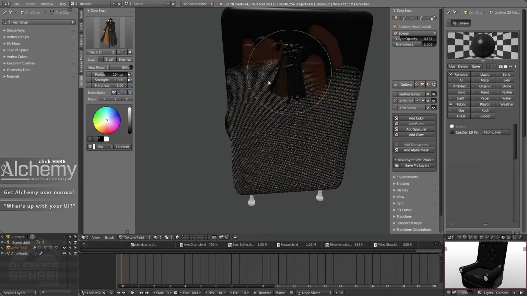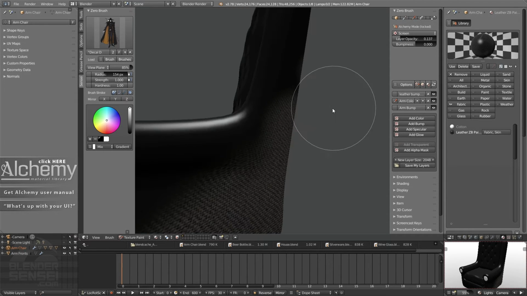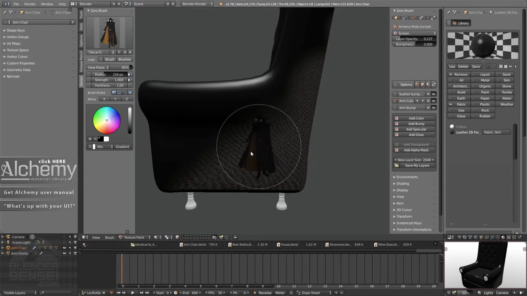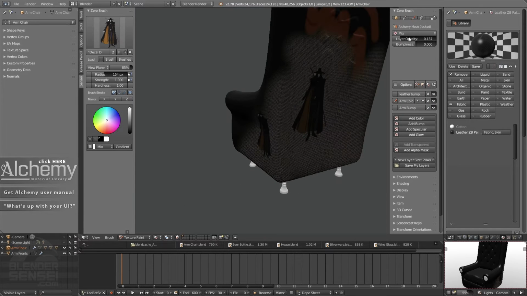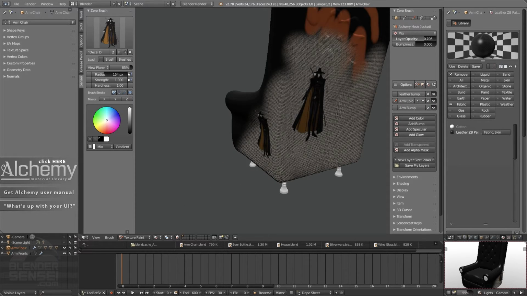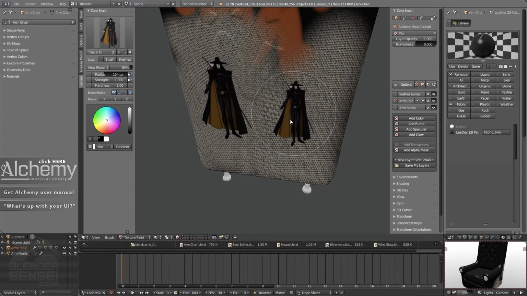So I can just place D wherever, which is looking a little nuts because the bump value is so high. Let's turn that down to 0. And put D on the side. And this is set to screen, so it's really dark too. Oh no, it's really dark because the layer opacity is down. Bring that back up to 1. Anyway,